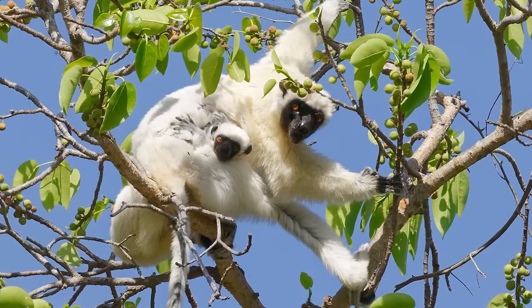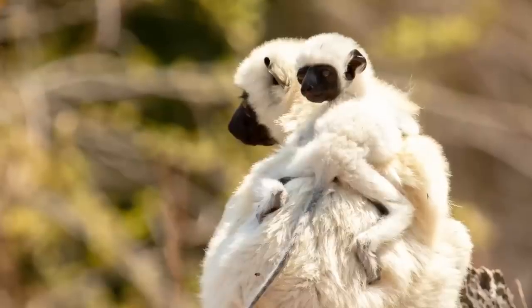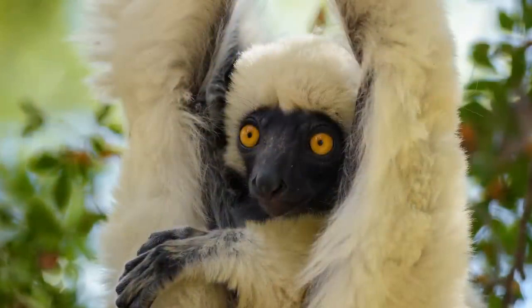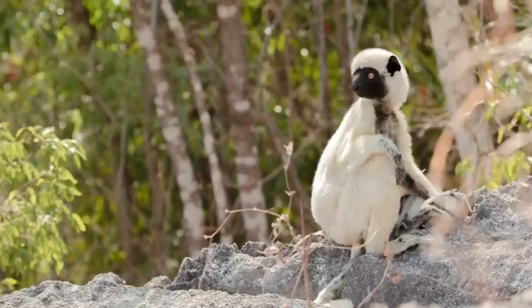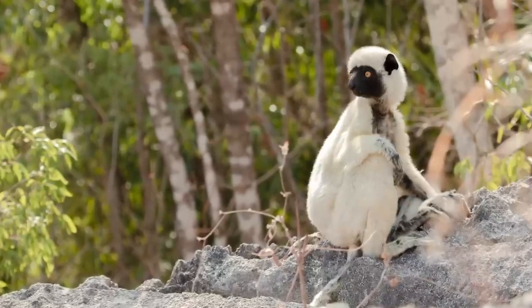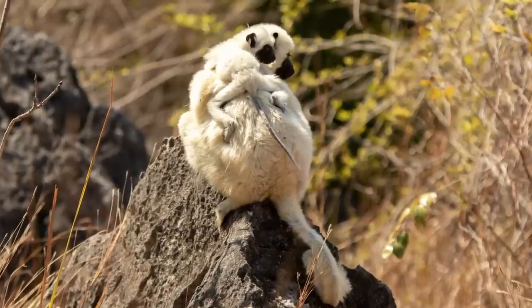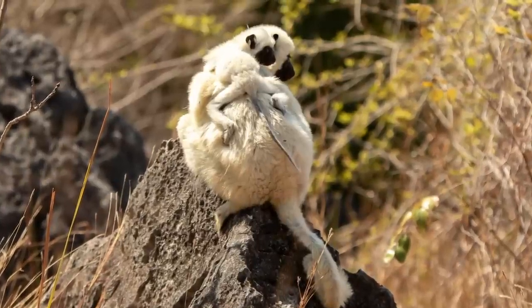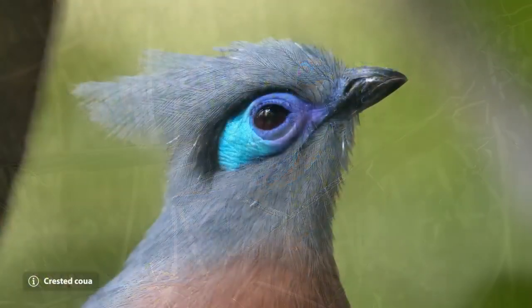Decken's sifaka is very similar to Verreaux's sifaka, but exhibits an entirely white pelage, which looks quite incredible against their jet black skin and yellow-orange eyes. Sifakas are known for their ability to survive in environments where other species can't venture and handle the sharp limestone landscape with ease. In addition to its lemur species, there are at least 3 of the 9 species of coua